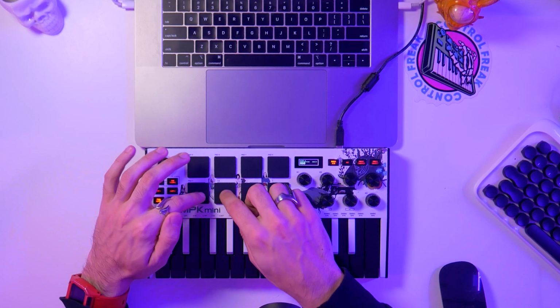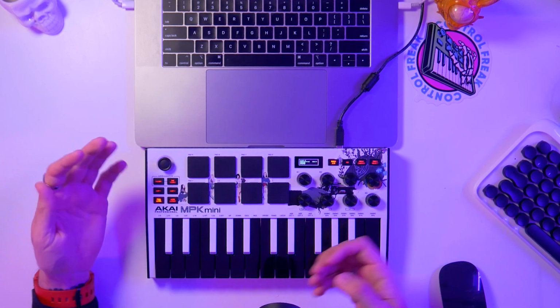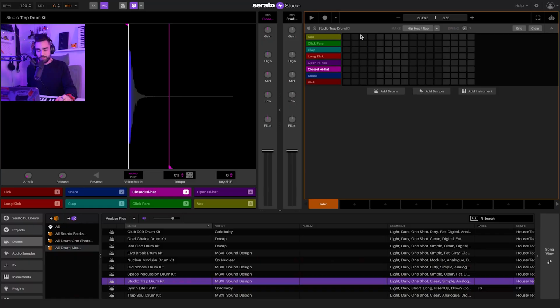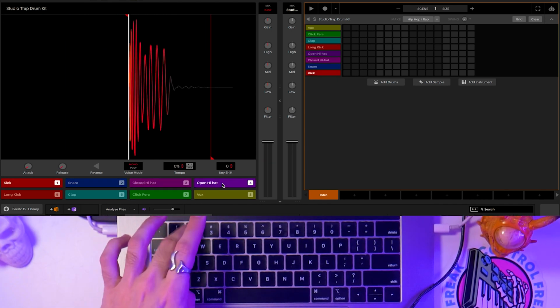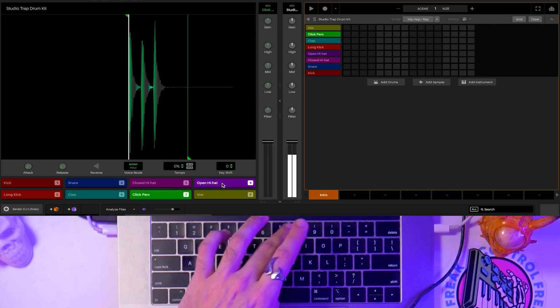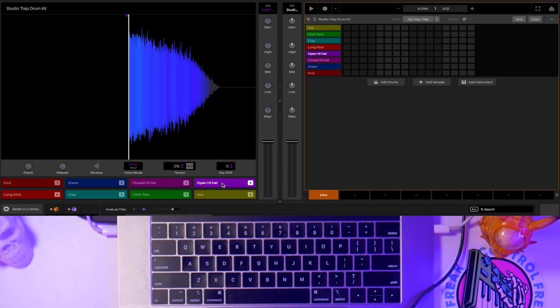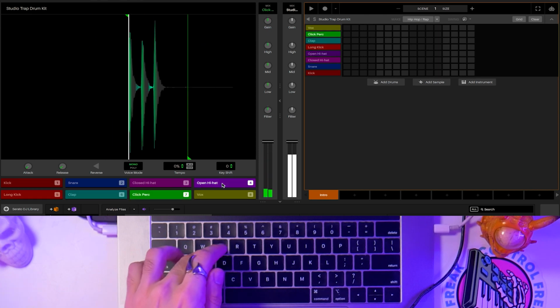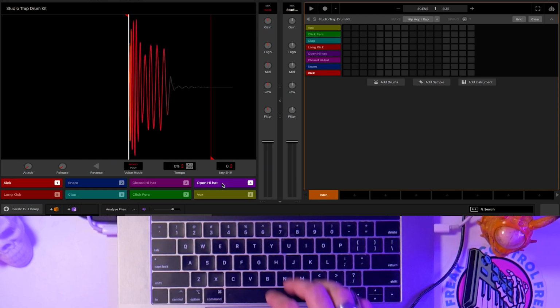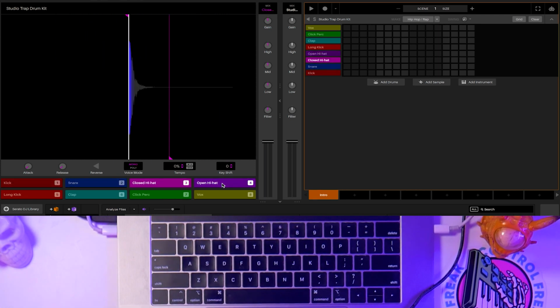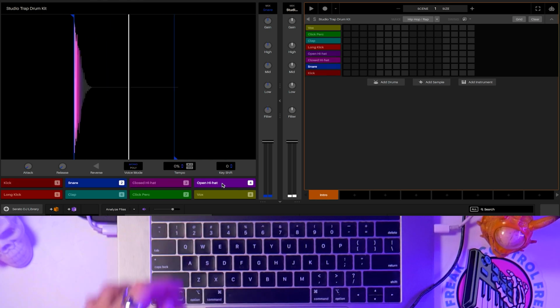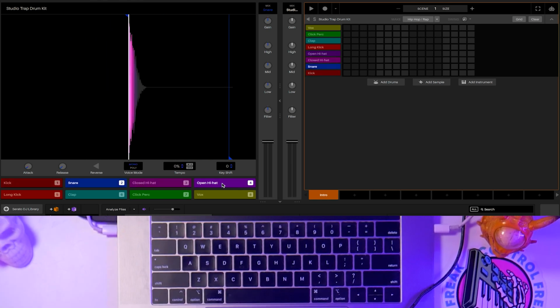Now, initially you saw me trigger some samples with my MIDI controller, but you don't necessarily need to have a MIDI controller because Serato Studio makes things really convenient with the way they arrange notes on just a normal computer keyboard. We can see that each one of these drum sounds are numbered because they correspond to your computer's keyboard. You can play them on the number row or even the letters on your keyboard. So right away, the sounds that I'm hearing are probably pretty good for trap so far,